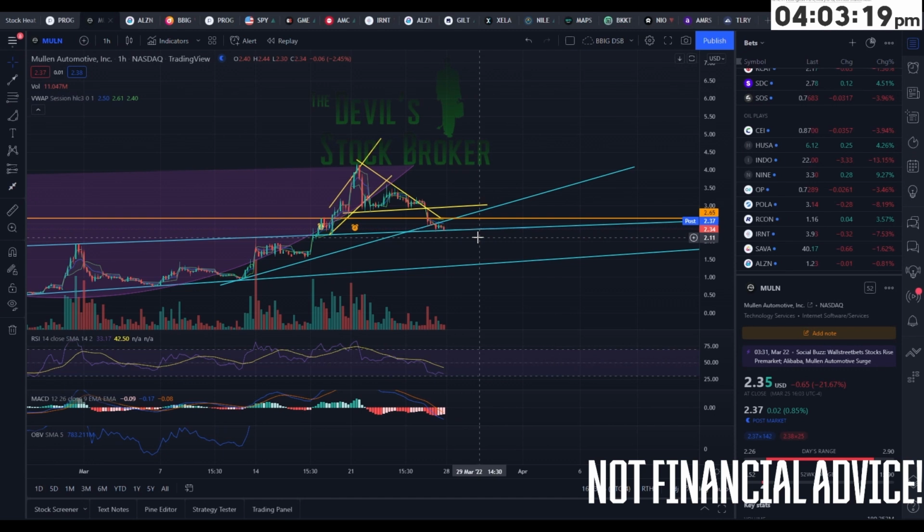I have averaged down on my position since taking profits near the top, and I've got a little bit more capital in Mullen that I decided to just throw on top in case this thing makes a nice rebound. There's a lot of short interest on this thing right now, but it is fully utilized. So if there gets to be another surge of volume, if people are willing to take risks, the